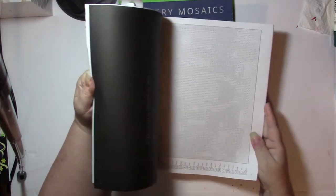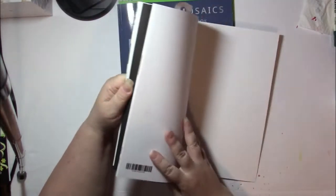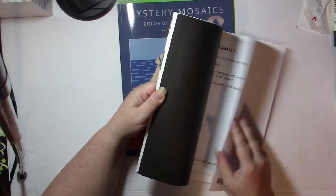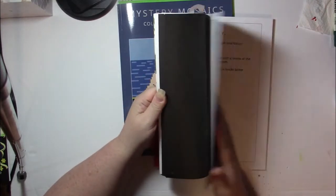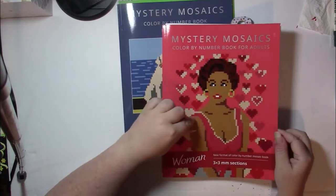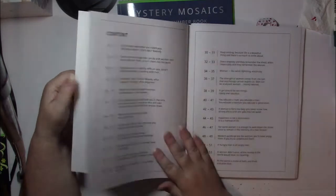Now this one, woman, is the exact same format. We have the grids in here. What have we got at the back? Okay, this one does not have a palette at the back, and they've got two blank pages. Again, these books do not have a solution. This one's a little different in that the pictures really are going to be mysteries,